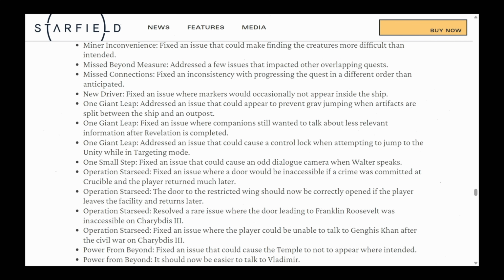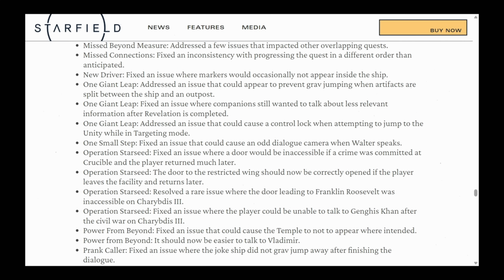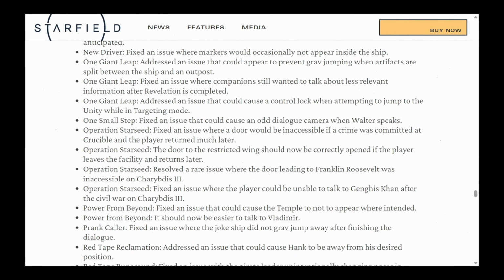One Small Step fixed an issue that could cause an odd dialogue when Walter speaks. Operation Starseed fixed an issue where the door would be inaccessible if a crime was committed at the Crucible and the player returned much later. The door to the restricted wing should now be correctly opened if the player leaves civilian and returned. Resolved a rare issue where the door leading to Franklin Roosevelt was inaccessible on Charybdis